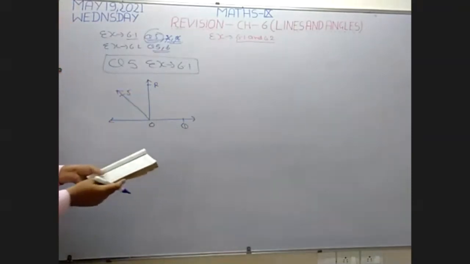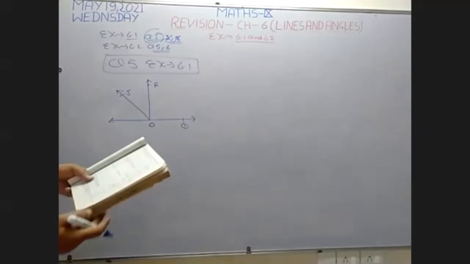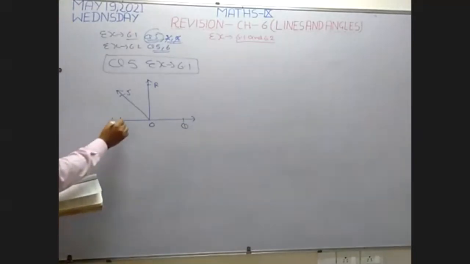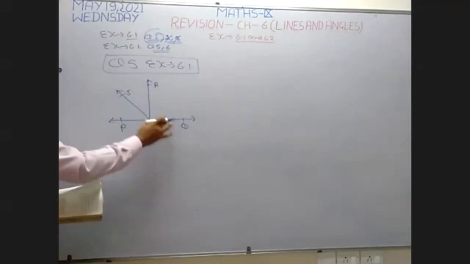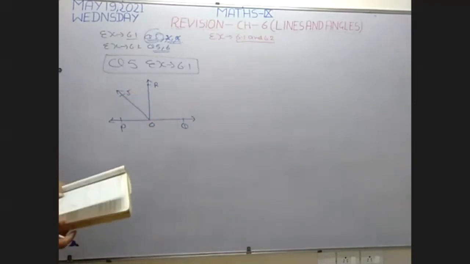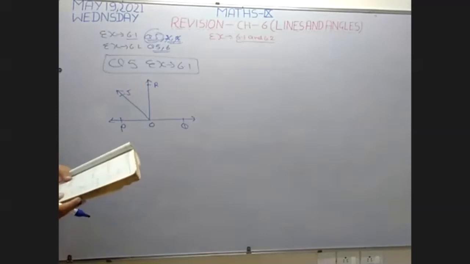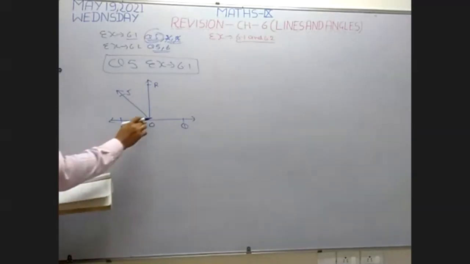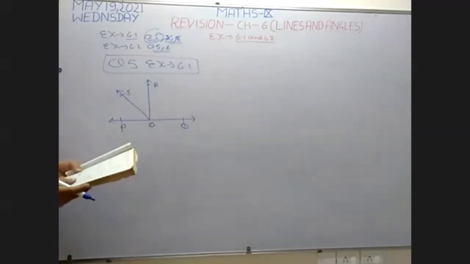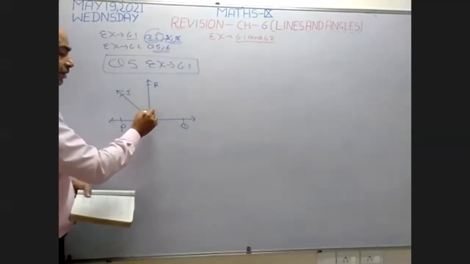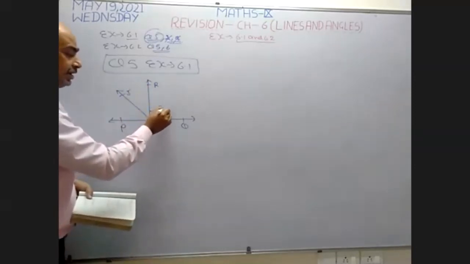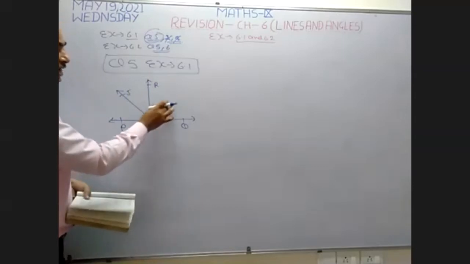Now, read the statement, beta. What is given in this figure? POQ is a line. This is a line. It means they are going to form a linear angle because this is a line. POQ is a line, and OR is a ray. This is ray OR. OR is perpendicular to line PQ. When this ray is perpendicular to this line, it means they make a 90-degree angle. So perpendicular means right angle.